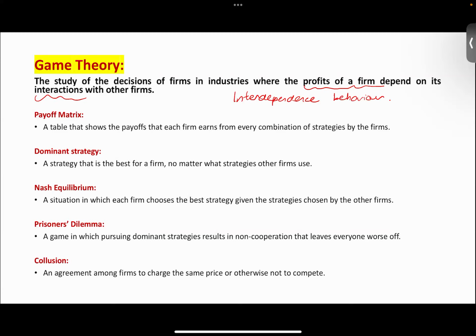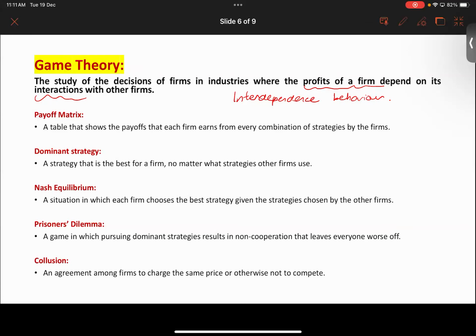So to understand game theory, we need to know a few things. First, we need to know what a payoff matrix is. A payoff matrix shows the payoff from each action. And you have the dominant strategy. A dominant strategy means the best strategy, regardless of what others choose. So now let's say, for example,